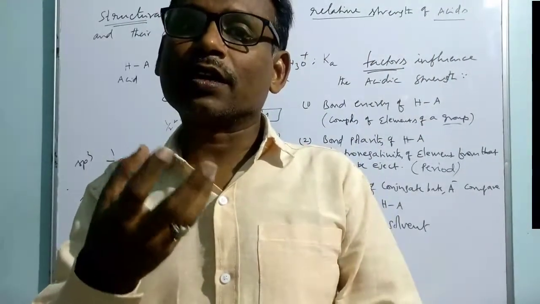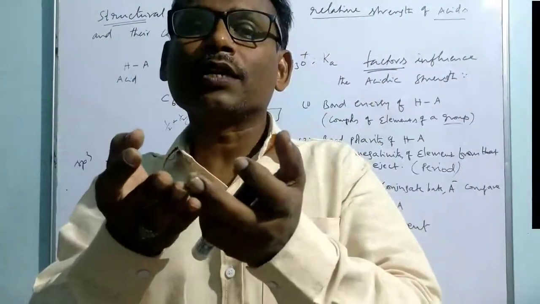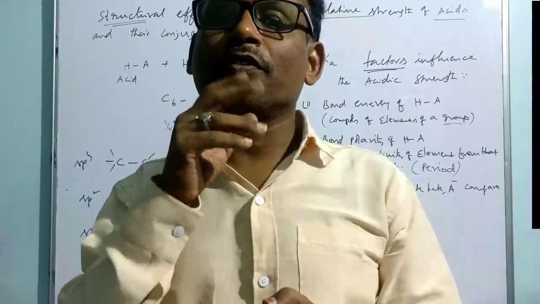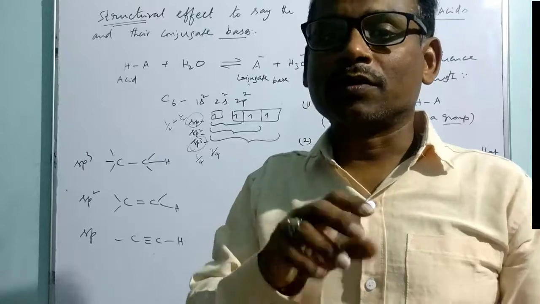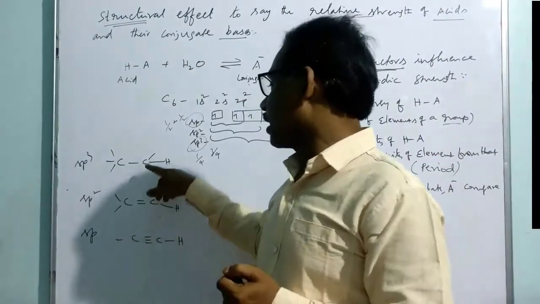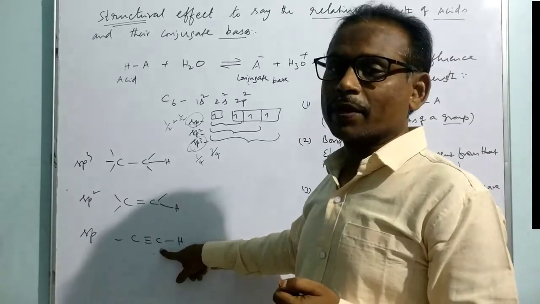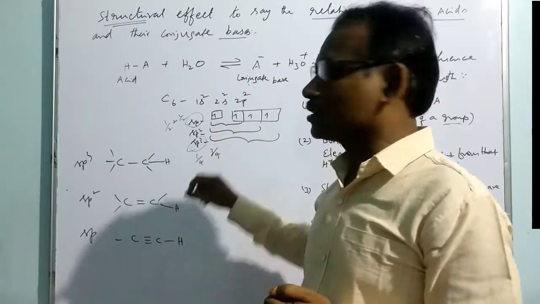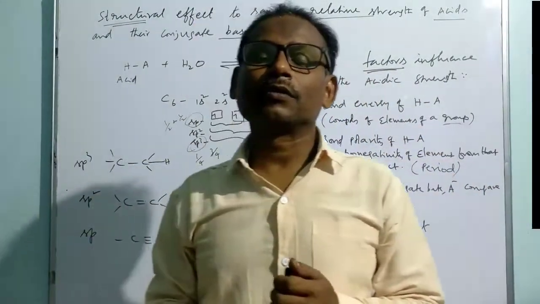That means the nuclear character will be more, because the s orbital is located very near to the nucleus, and the nucleus power makes the electronegativity of such an element highest. Here I am saying that the electronegativity of sp hybridized carbon is highest compared to sp2 and sp3. So hybridization also influences the electronegativity of a particular element,